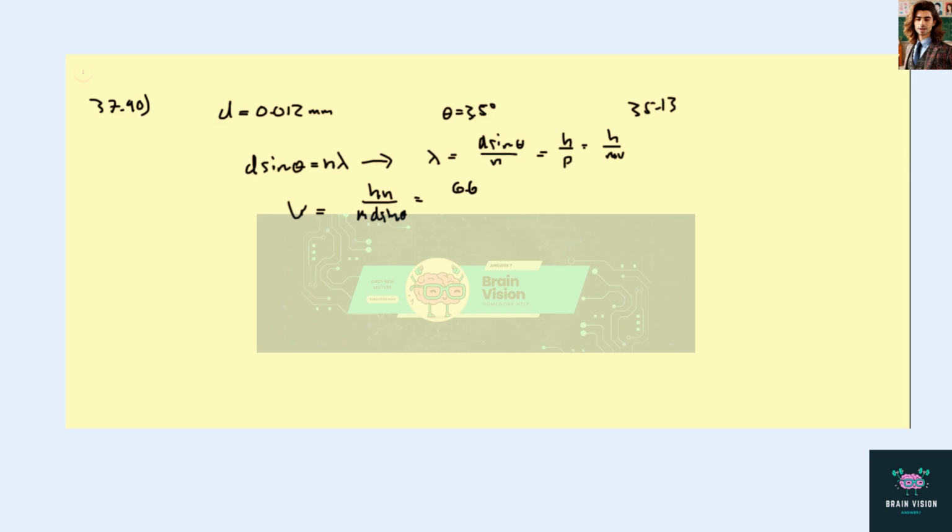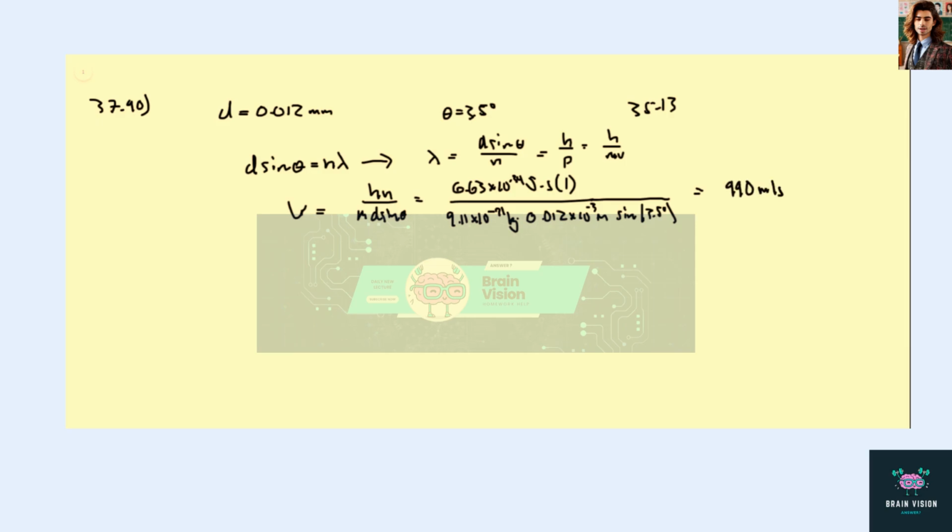So h here is 6.63 times 10 to the negative 34 joule seconds. We're talking about the first maximum, so n is just 1. The mass is 9.11 times 10 to the negative 31 kilograms. d was 0.012 times 10 to the negative 3 meters. And then we have sine of 3.5 degrees. Double checking, everything here is in SI units. So this comes out in SI units as